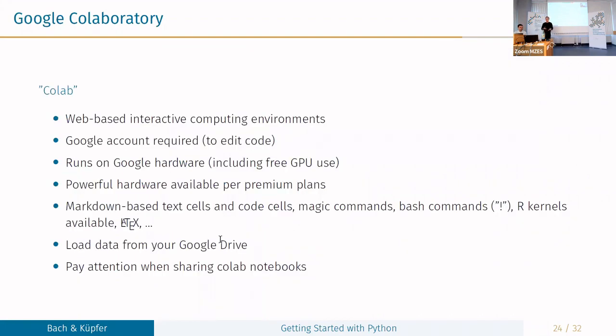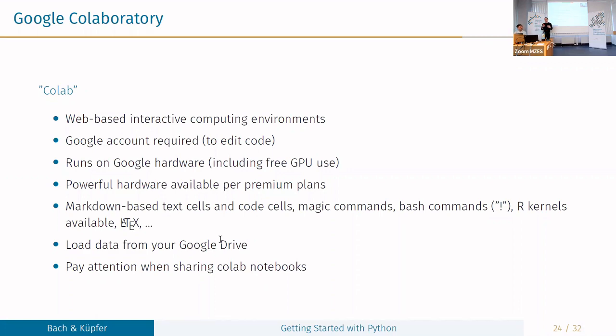Okay. Now, Google Collaboratory or Google Colab. You've probably seen some Colab stuff, or at least heard about Colab. Colab is very similar to these notebooks. It's a web-based interactive computing environment. And if you want to write your own notebooks in Colab, you will need a Google account, and you will need to log into your Google account.